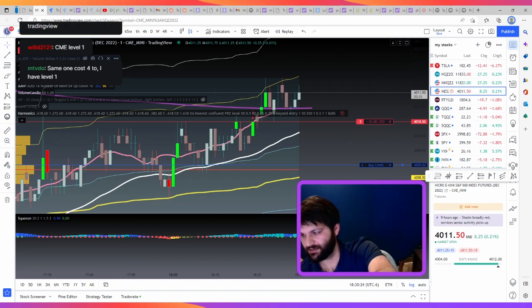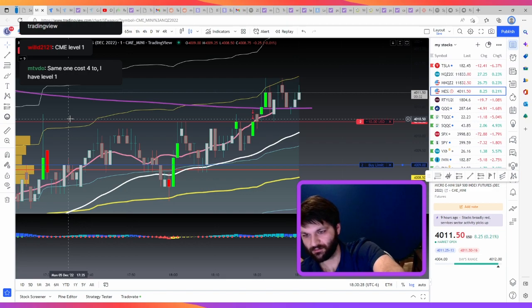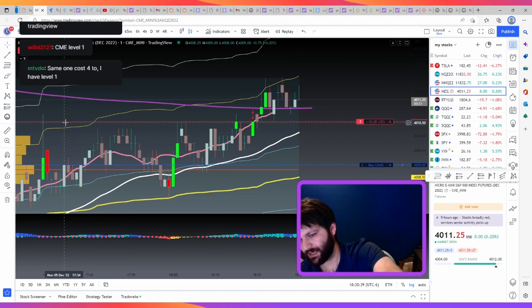Yeah, see, it's giving me an error, but it'll pop up. It'll give you an entry point, and once it hits the entry point, it'll give you a stop for that particular entry point. So what I like to do is if that entry point is above where that exit point, the stop is above where the second entry point is.